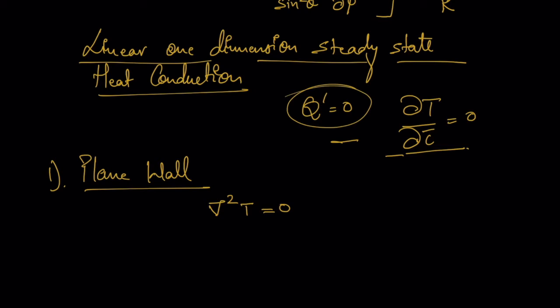And we are using only one dimension, that is only we are considering x direction, y and z we are considering constant. So this was the equation when we consider q dot equals 0 and del T by del tau equals 0. So let's consider a wall which is